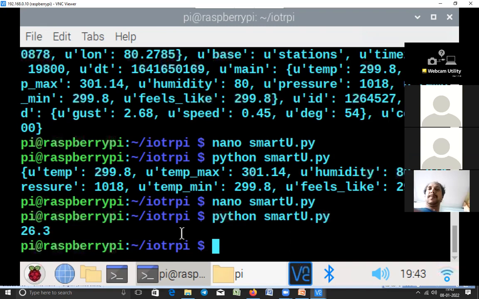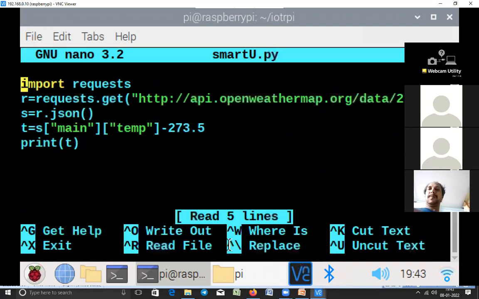Now we'll be continuously reading this data, and we want to get it for different cities. Suppose in general we design a smart umbrella for our location only, not for different locations, because you want to carry that. If you are living in Chennai, then you carry this; if you are living in some other location, you'll carry it there. So it's based on the location, and it has to get the data accordingly. In such a case, some people want to add GPS and get the data as well.